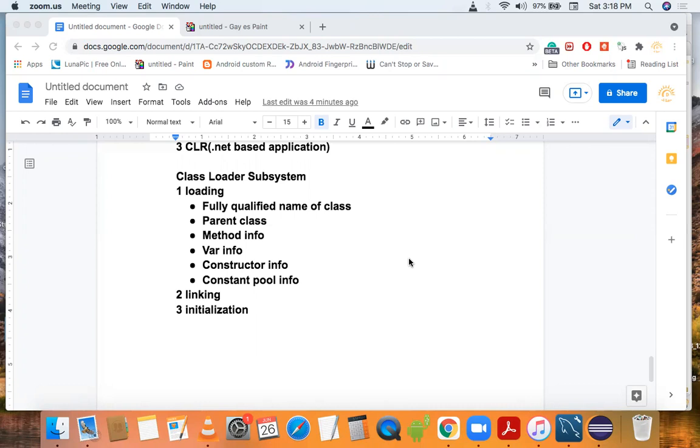In this session, we'll learn about linking. Basically, linking performs three tasks. First one is verify.